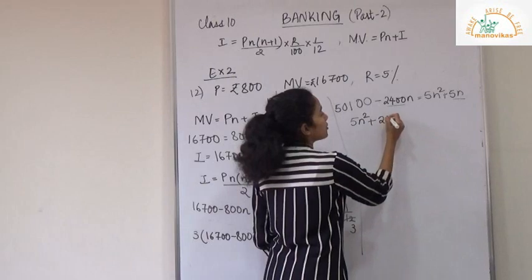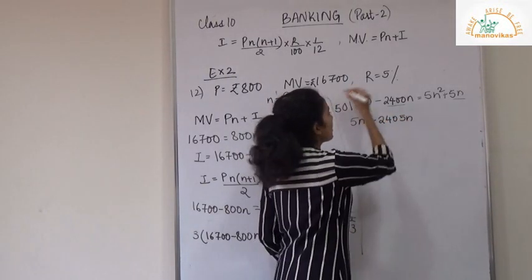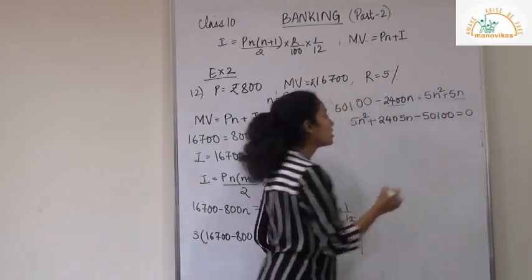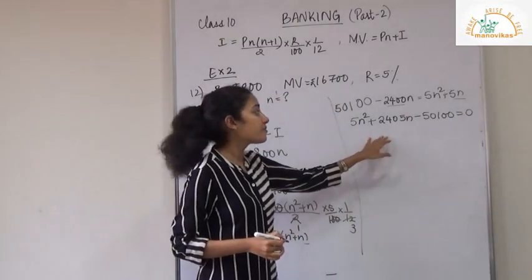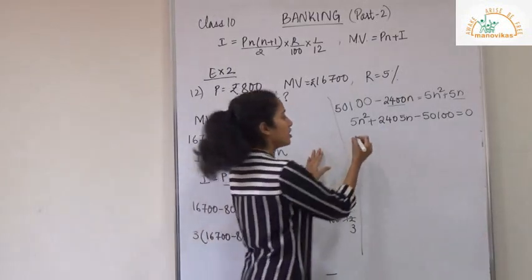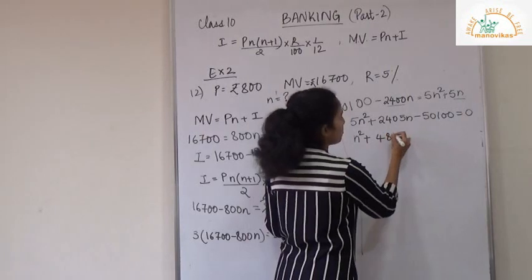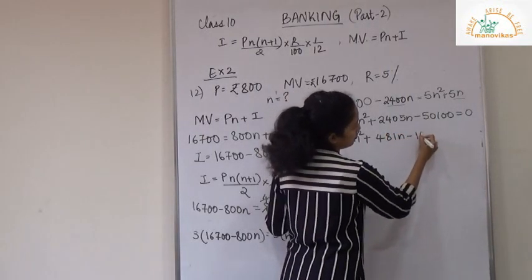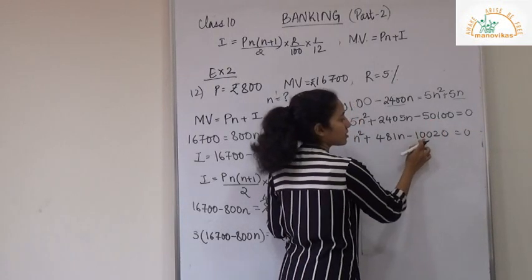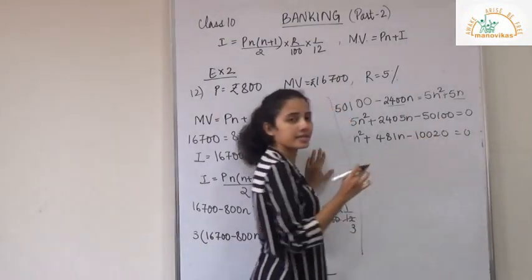So that will be plus 2400, this will be 2405n minus 50100 equal to 0. Now this is a quadratic equation, but before that first you reduce it. That is dividing throughout by 5. So I have n square plus 481n minus 10020. 2 because 0 is not going, so this comes as it is. 1 along doesn't go, so another 0, and then you take 10.